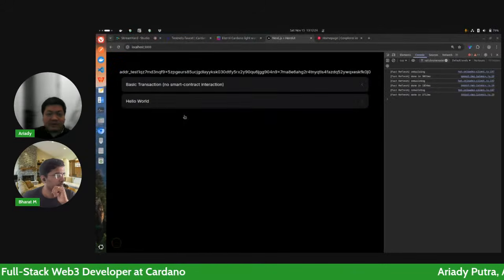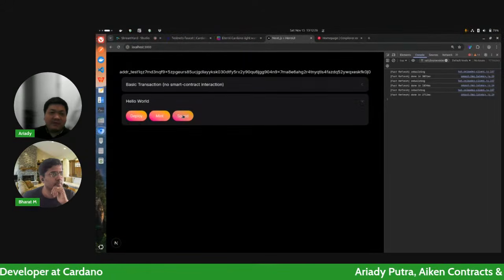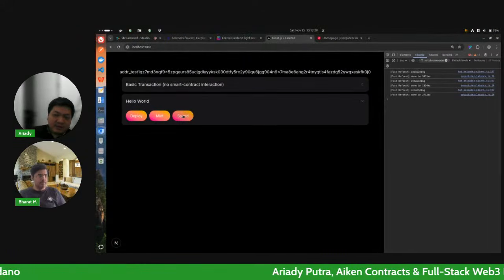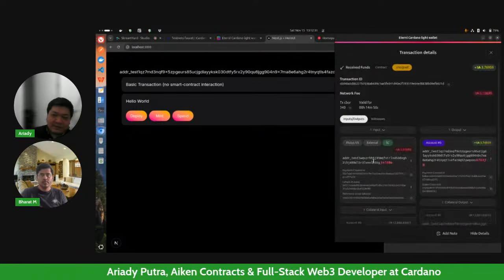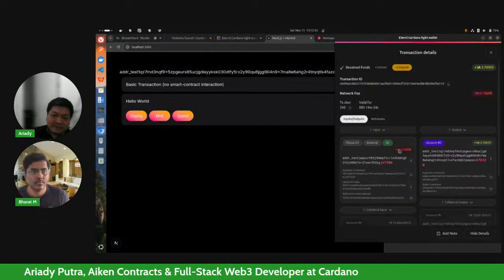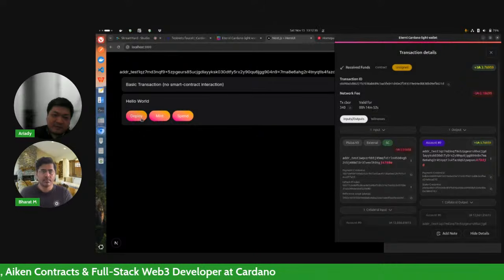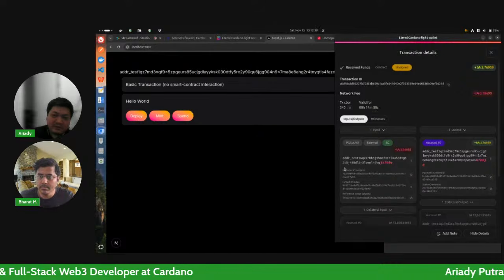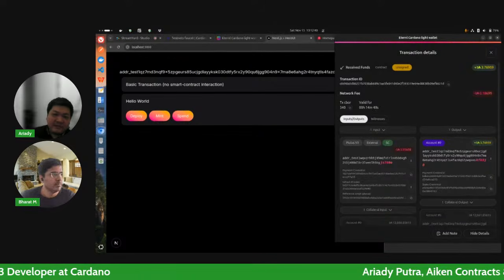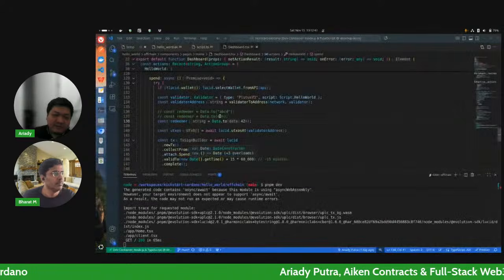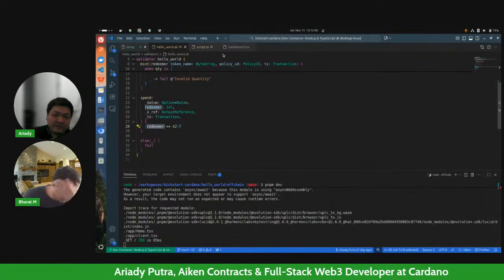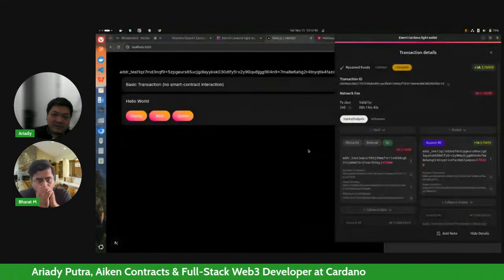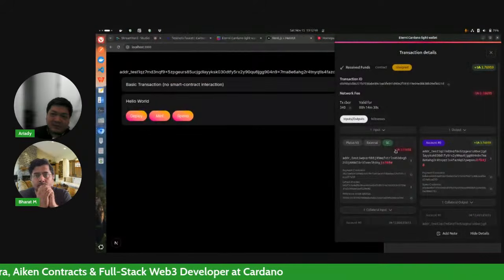And right now we will just spend every UTXO inside this particular smart contract address. Right now there is only one UTXO, and this is the script that we deployed in our first action here, and we want to consume this. Based on the logic in our script, as long as we provide the redeemer value 42, then anyone can spend this UTXO. And we'll just sign this transaction to get our ADA.